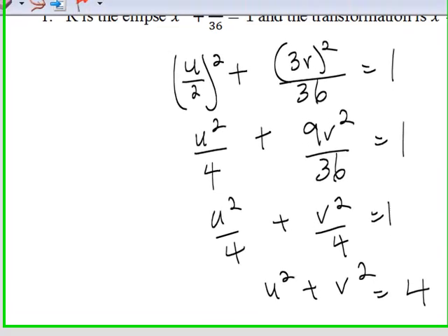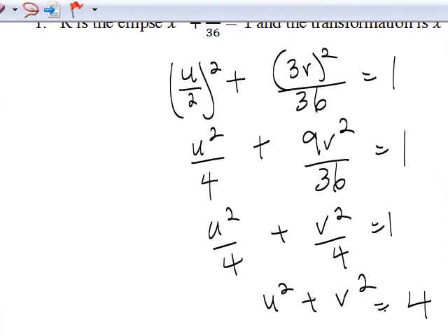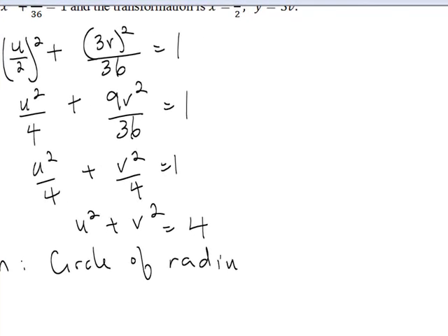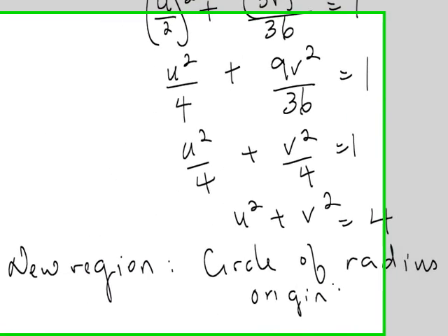Okay, so if you had to integrate over this, and it is a whole circle, then you would have r going from 0 to 2, very good, because there's a 4, and theta would be from 0 to 2 pi. Okay? So the new region is a circle of radius 2, center the origin. Okay? As the first one,